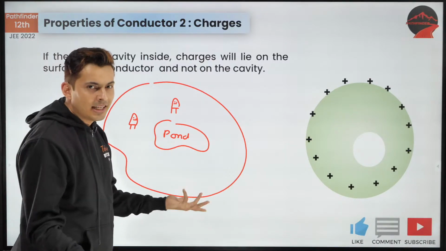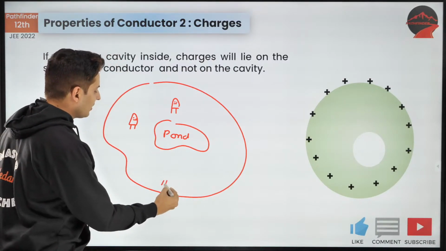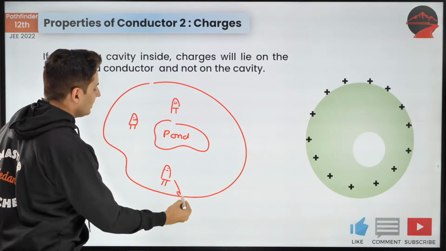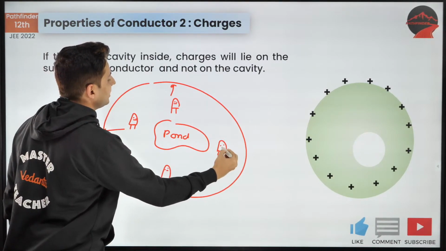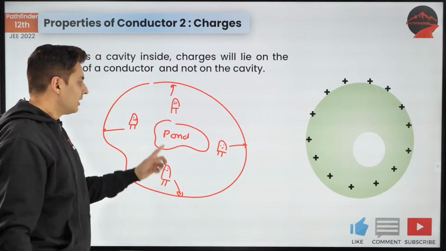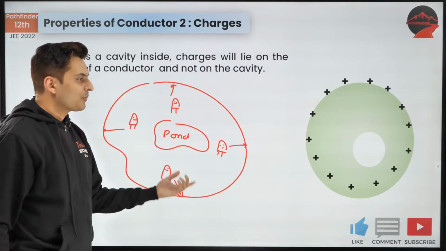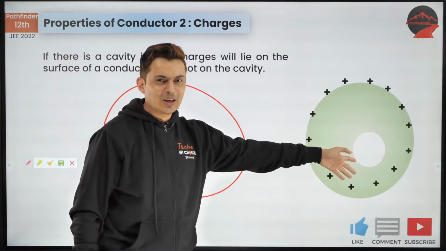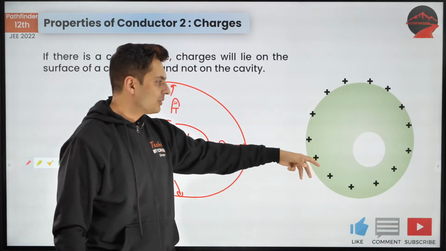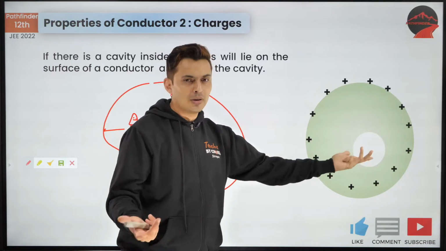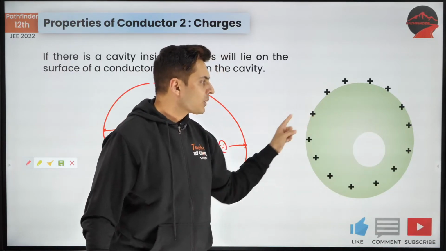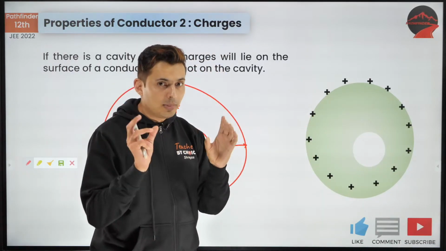Whether this pond is there or not there, it doesn't matter. All these Pandus hate each other. They will anyways run towards the end because they don't like each other. So these charges will always run towards the end. They will not gather near that pond. So that pond, or that empty space, think of it like a no dead man's zone. No person should go there. No charges should be there because that is vacuum or air. So the charges can only flow around inside the solid part of the conductor.